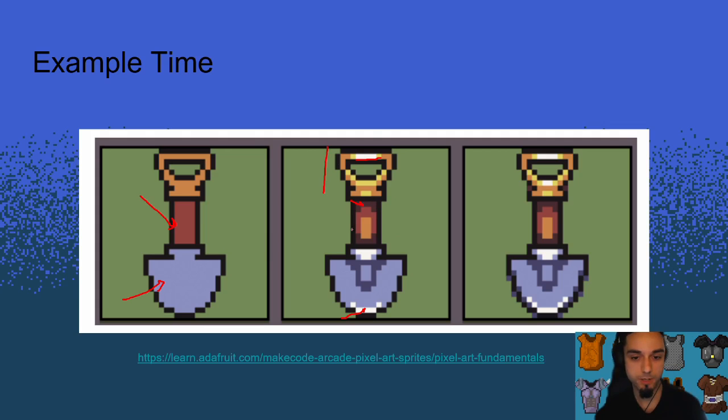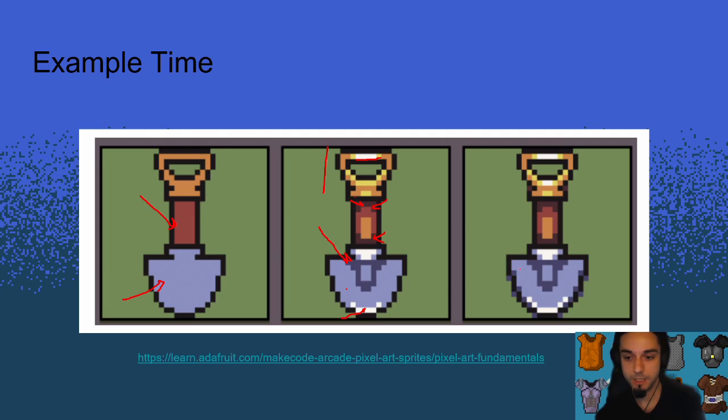Oh, this part here most probably is either wood or maybe something plasticky because it doesn't have that much highlights. But we can also see that this part is above this part because we have some shadows here. And this part goes in this part because again we have some shadows. Again, with this one we start to understand, oh, maybe this one is curved because this part is darker than